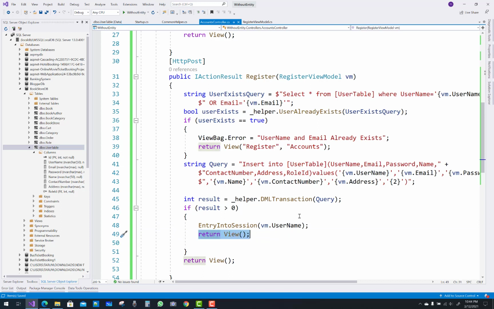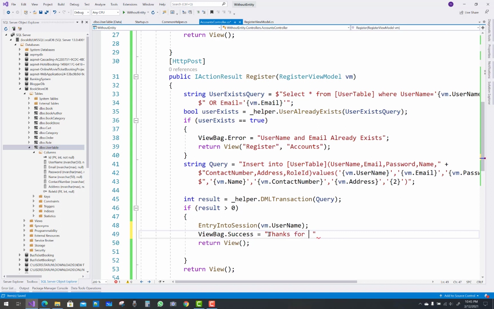Just after the entry into the session, you have to add a new value, that is ViewBag.Success equals to "Thanks for register".